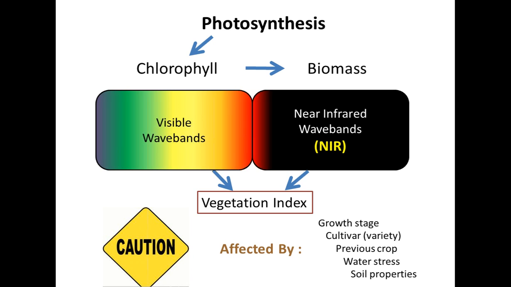Whenever you have water stress, it will affect the near-infrared reading of the crop much sooner than it will the visible. The crops tend to protect themselves by reducing transpiration, and that really reflects changes in the biomass, the way the sensor sees the biomass. So you have to be very careful if the plants are under water stress. And finally, soil properties, perhaps like salinity, can indirectly impose other kinds of stresses on the plant. So always be careful. Ask questions.